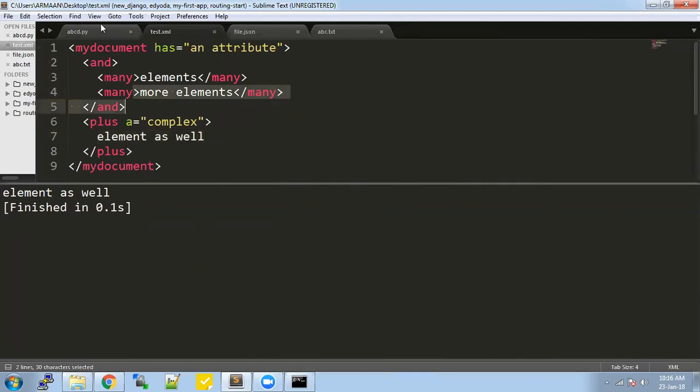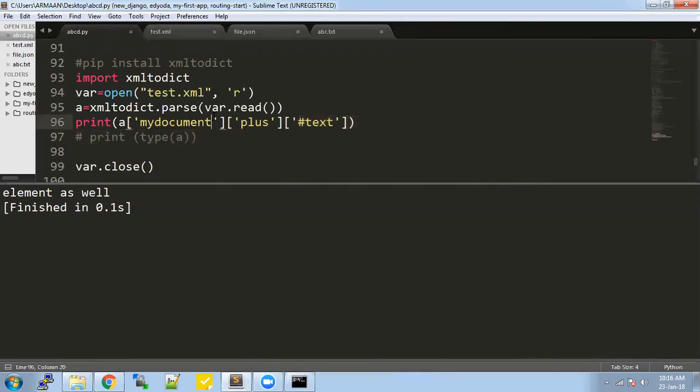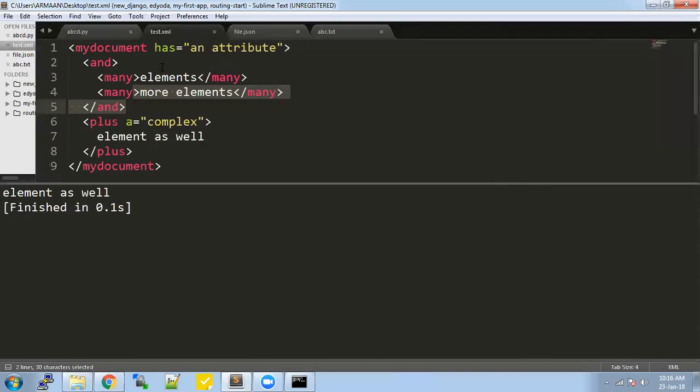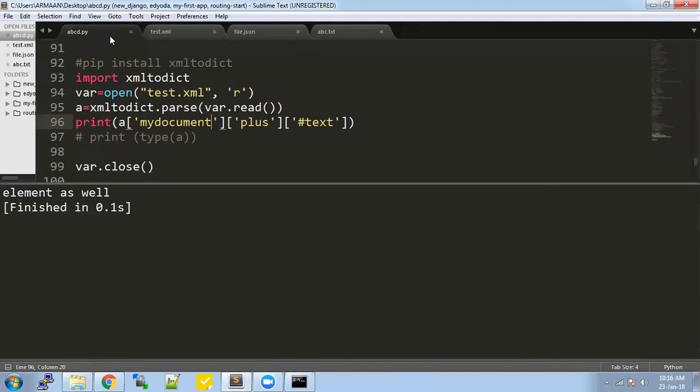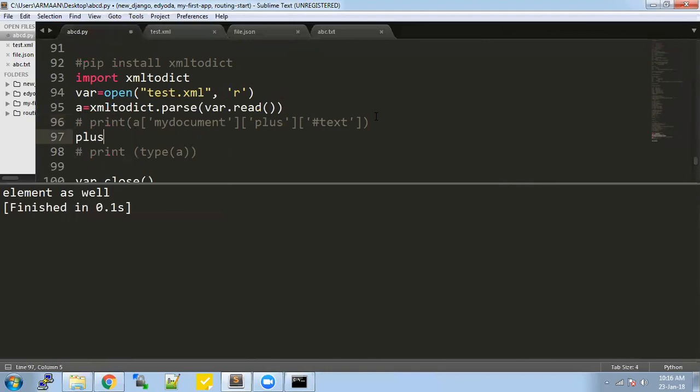If we need to read just elements, we'll go to my documents, and then hash text. But there are too many, so yes, you need a for loop for that. We have assignments on all those things so that we can practice. Yes, you have an assignment. I want to read the inner